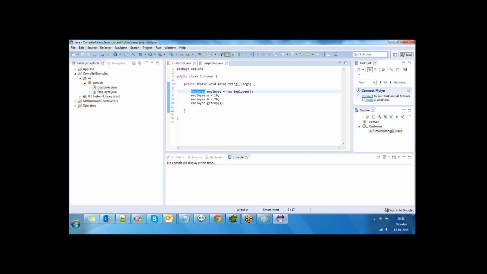These errors are called runtime errors. Now you know what a compile time error is and what a runtime error is, right?